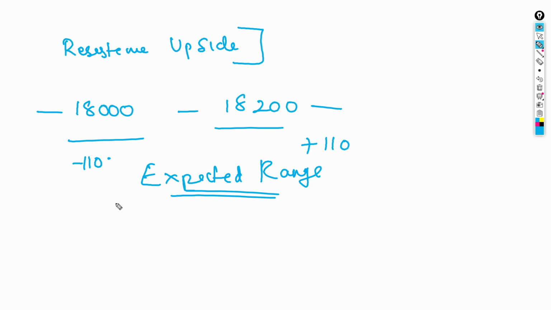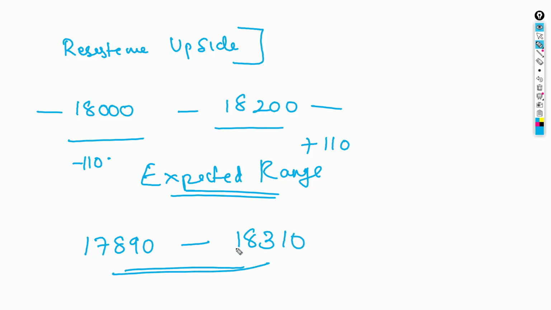So the expected range for the market is likely between 17,890 to 18,310. This is where right now people are expecting the expiry to happen. But just because they are expecting the expiry to happen here, you can't say that the expiry will happen here. It is just an expectation that the market will likely expire in this particular range. So this is the first important part on how exactly you can interpret the OI data and form an expected